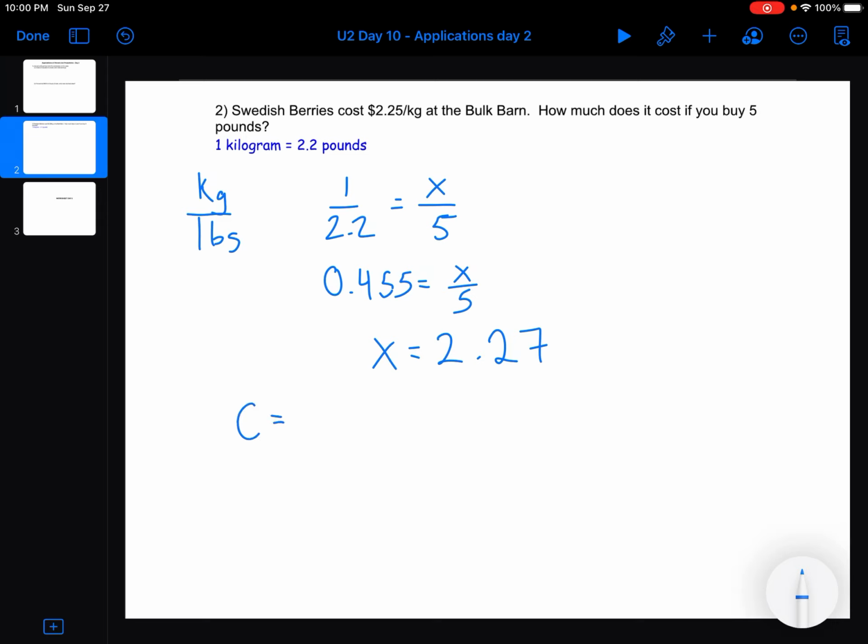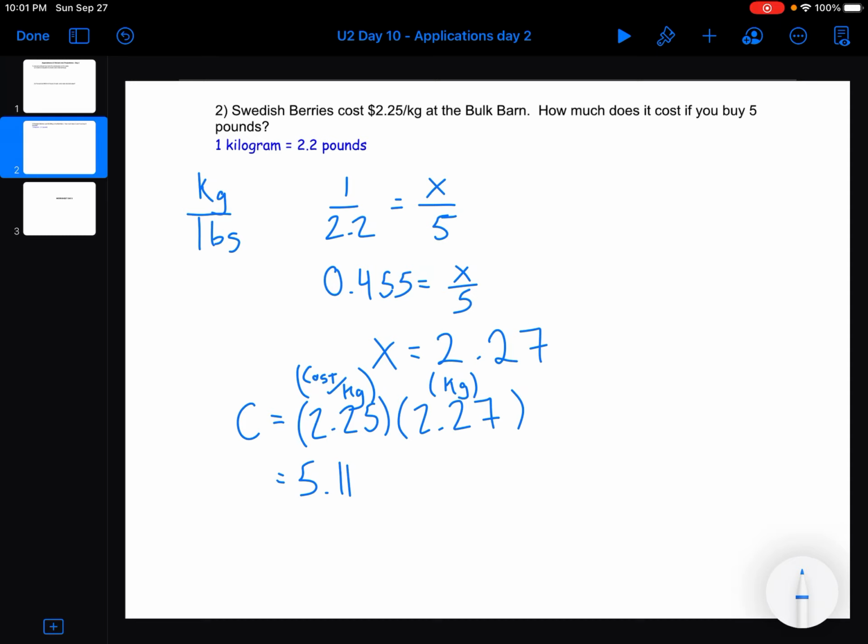My cost, however, is going to be 2.25 times that 2.27. Okay, this is the cost per kilogram, and this is the number of kilograms. So therefore, we're going to take our 2.27, which was just left in our calculator, and times it by 2.25. And now I'm going to get